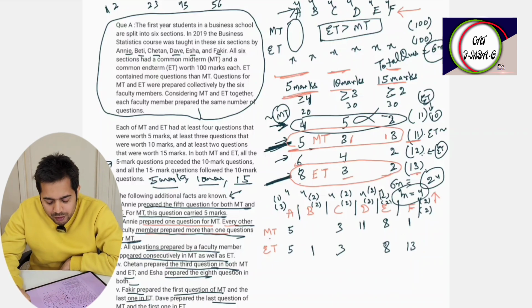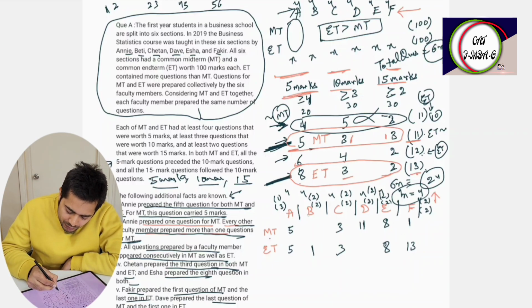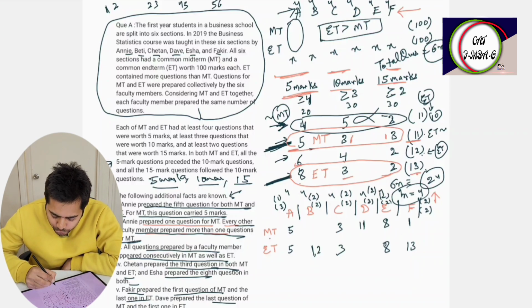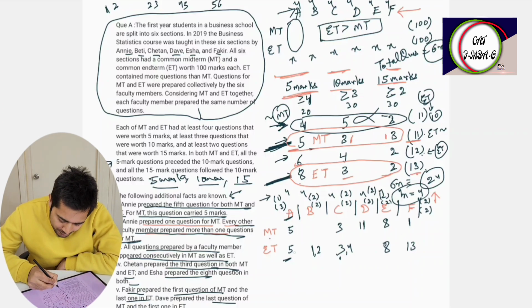So number 1. Also remember the earlier point that the questions will appear consecutively. B has to prepare 2 questions in ET. So number 1 and number 2. Since 2 is done here, 2 and 3 cannot be here. So 3 and 4. 4 is here, and 3 questions. Annie prepared 3 questions in end term, because in midterm she prepared only 1 question. So 5, 6, 7, because 4 was already done. 8, 9,